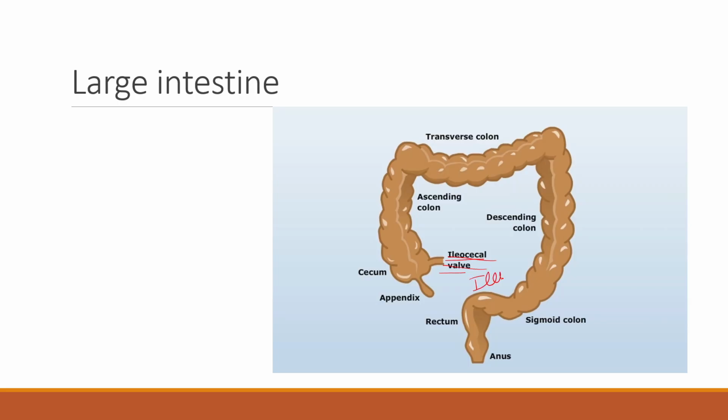Then talking about large intestine, so the ileocecal valve is present at the distal part of the ileum. So this is ileum, right, which joins at the colon. So this is cecum, okay, cecum. So this is colon, which is large intestine only. So this is the ascending part, so we call it ascending colon. This is the transverse part, so we call it transverse colon. This is the descending part, so we call it descending colon, right? Then we have an S-shaped part, that's why we call it sigmoid colon. And then we have a dilated part, which is rectum. Fine. And then the last opening is anus.